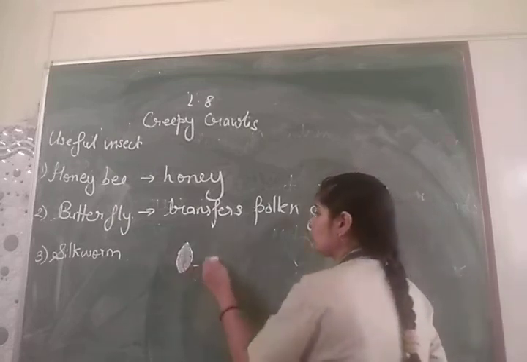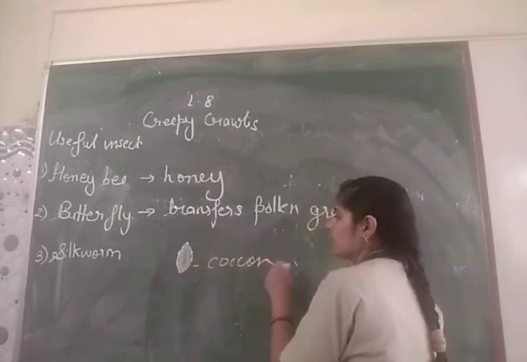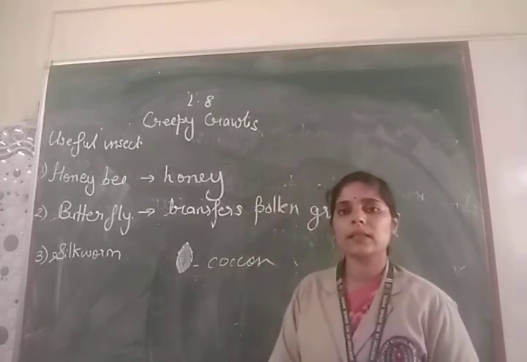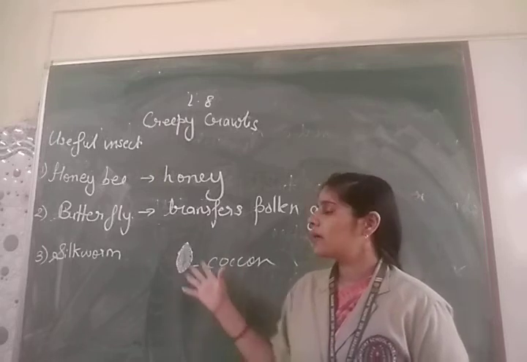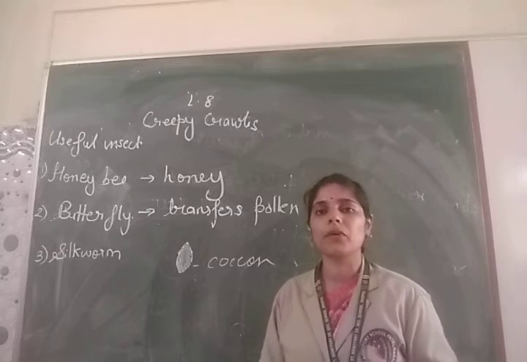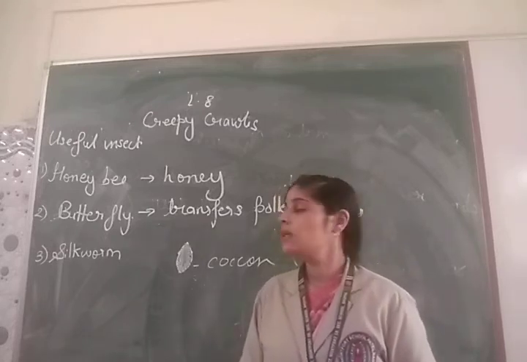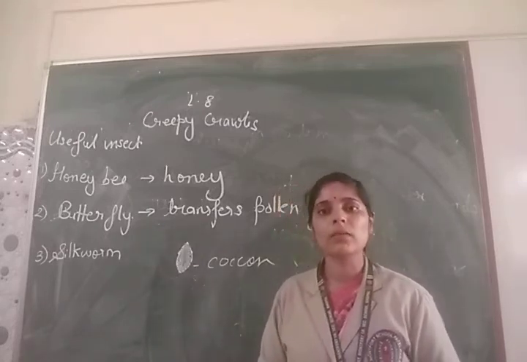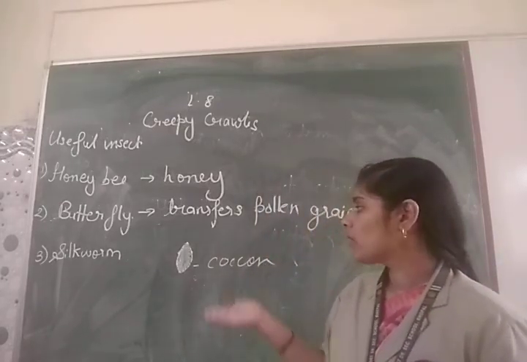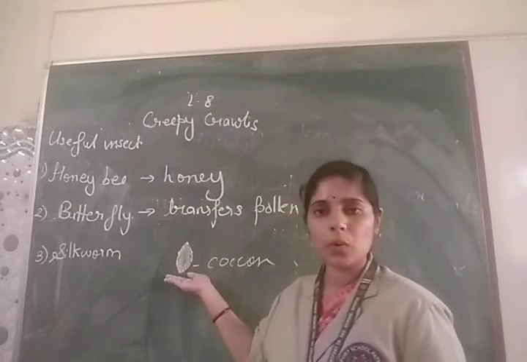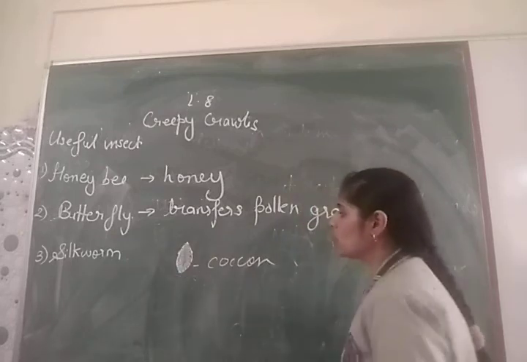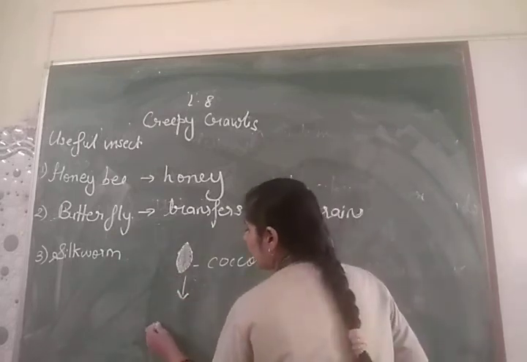This is called the cocoon, and it is made up of silk thread. So to obtain this silk thread, what are they doing? The people are rearing the silkworm, like you are rearing your fish, your hens and ducks. In the same way they are rearing the silkworm. They are giving the mulberry leaves on which this silkworm feeds, and after a duration they form a cocoon. When the silkworm has formed a cocoon, this cocoon is taken and put